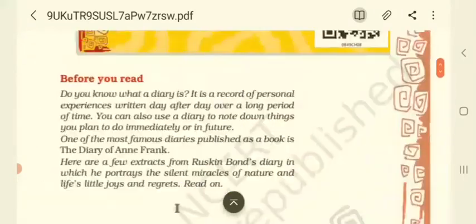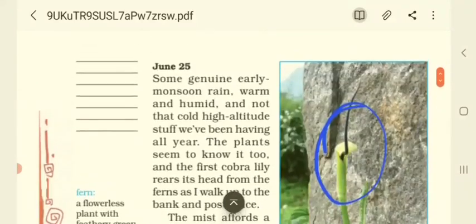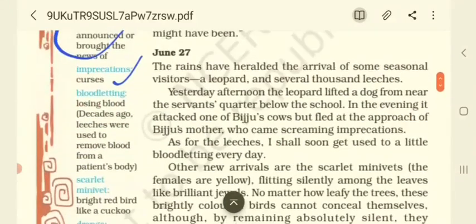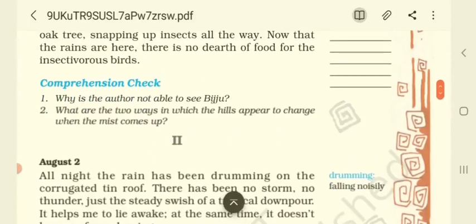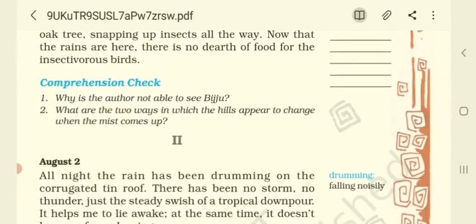Okay, so June 24 and June 25 as well as June 27 have beautifully been described by the author in the first part. So we have a tiny comprehension check here based on your reading and understanding. Let's see what this is about. It says,